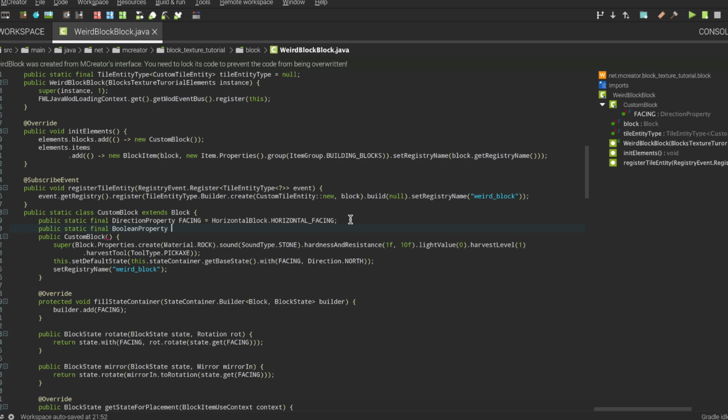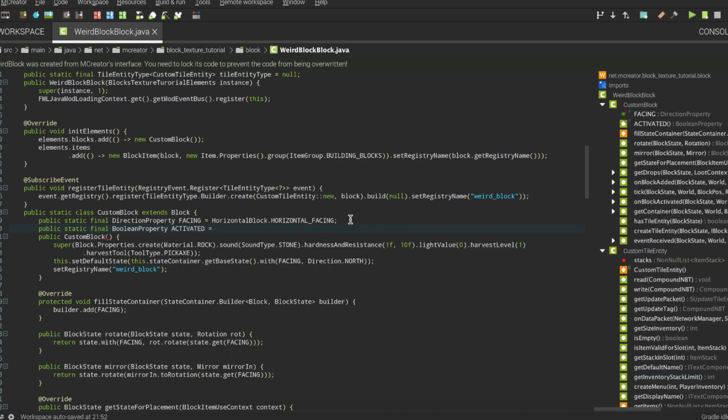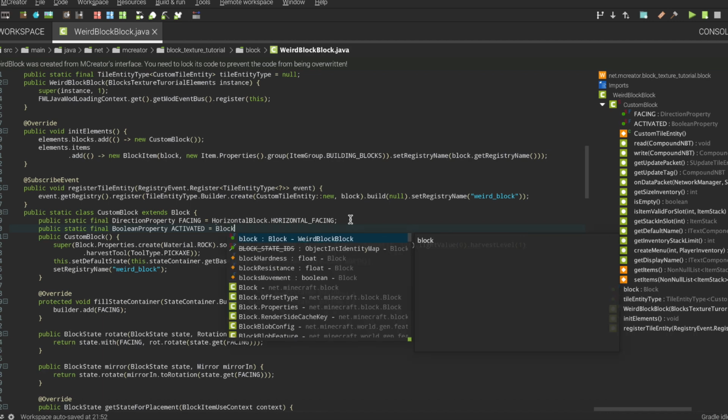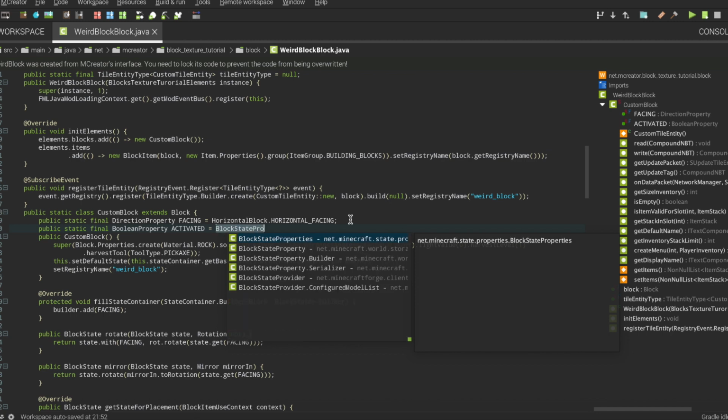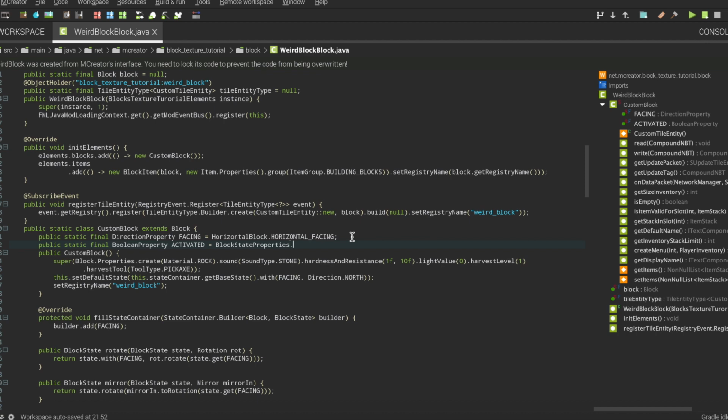For me it's ACTIVATED, and we're gonna use the BlockStateProperties, here, BlockStateProperties dot, and we're gonna use the property LIT. Oh, not the right BlockStateProperties, sorry. BlockStateProperties is right here, dot LIT.